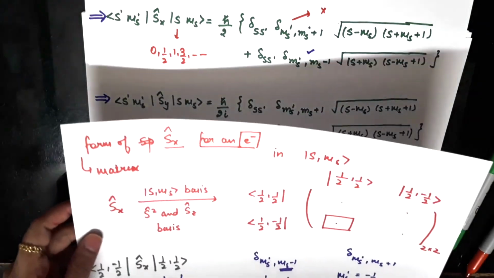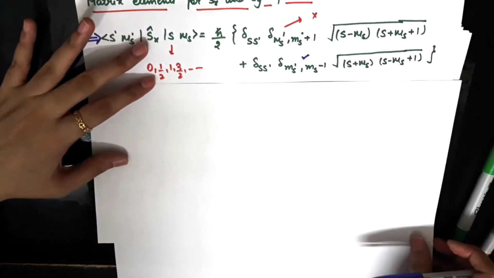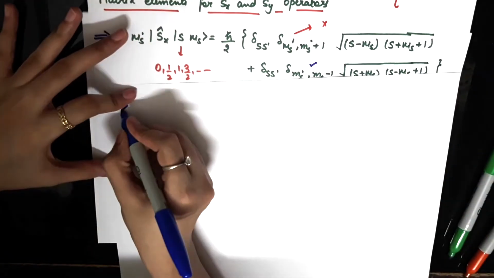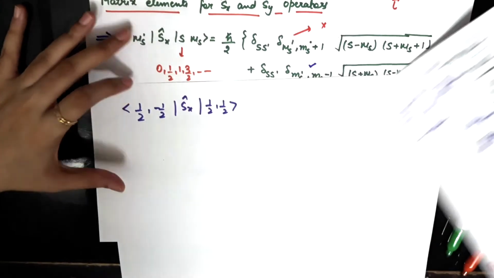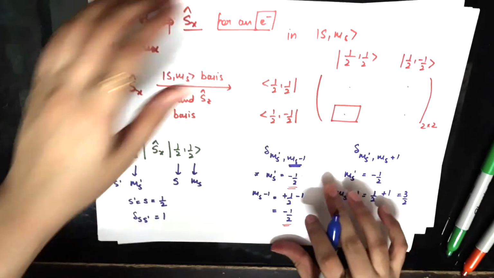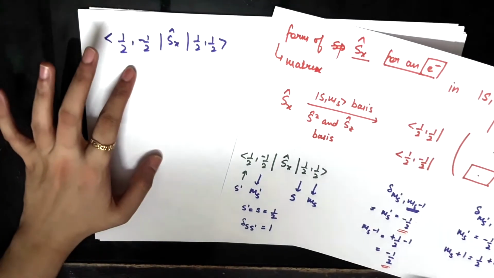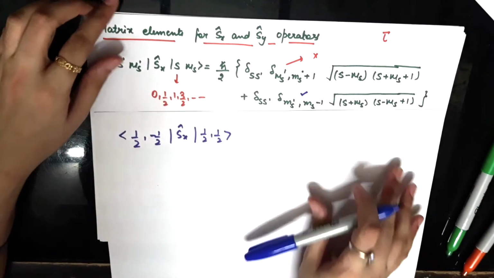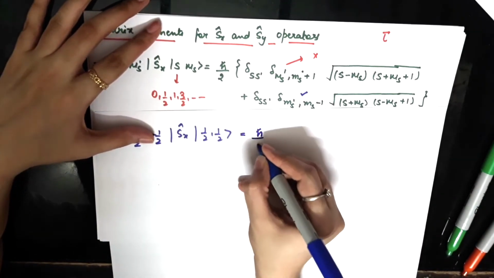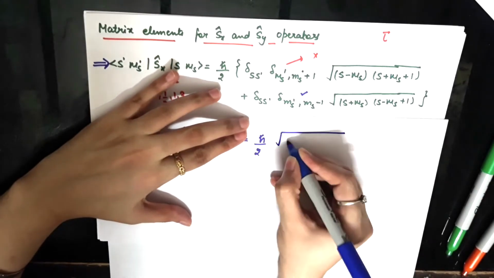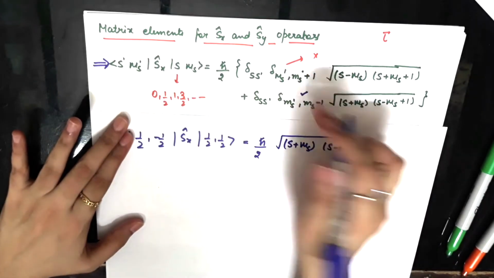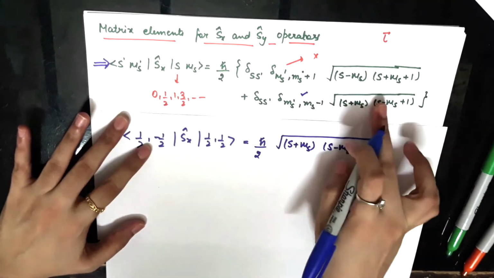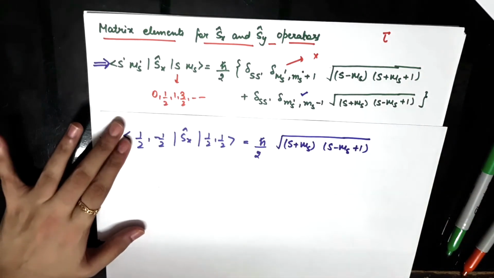What I am left with, I'll just write that I am interested in the matrix element half minus half. So this is the matrix element that I was interested in. You could just see here, I have rewritten it here. And from all these computations, I have now established that for this matrix element, the only term that survives is this. Because this is 0, this whole term goes to 0, and these two are 1, so this is the only thing that survives for my case.